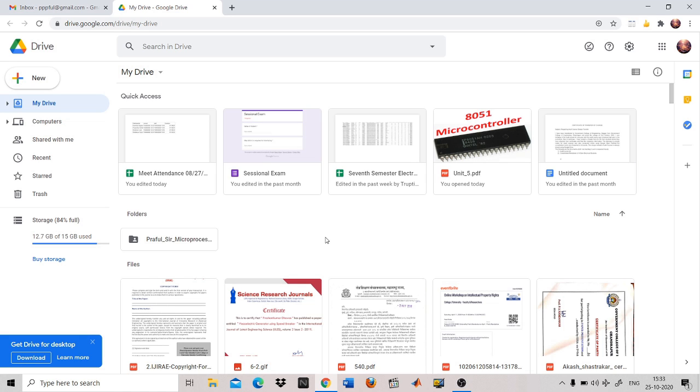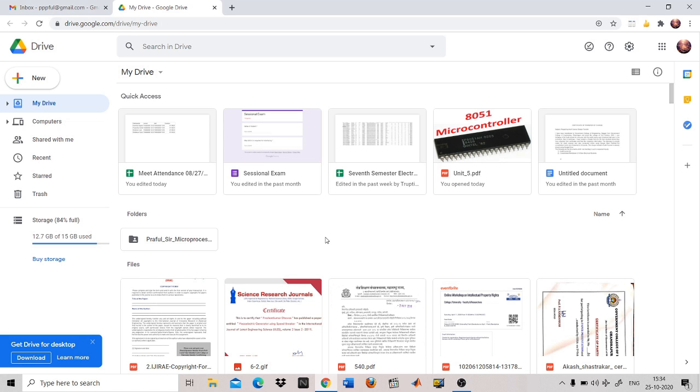Now, after opening the auto proctor, you will have to configure the test settings. So after configuration of all the test settings, a link will get generated. So you will have to copy that link and share it with your students or the test taker using mail or the WhatsApp. Now, once you submit this test, you can also view the result of the test. Now, this auto proctor add-on basically generates a trust score, and this trust score depends on the number of violations which you have committed during your exam.